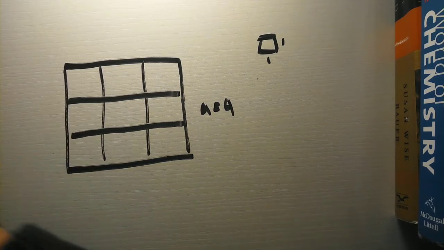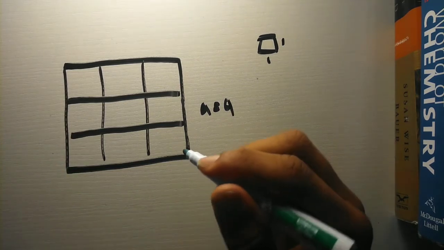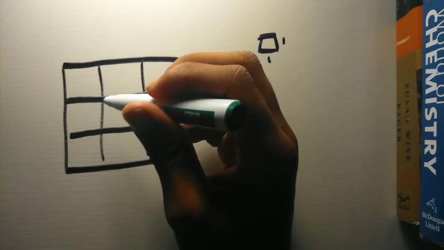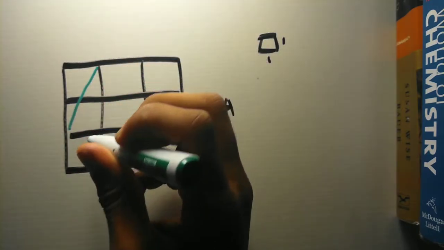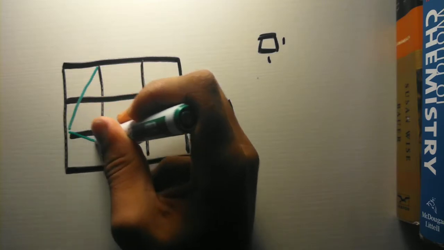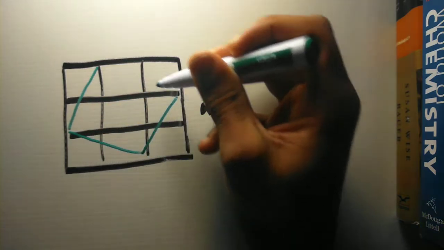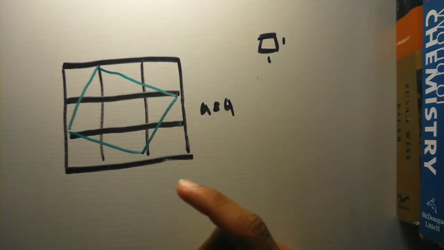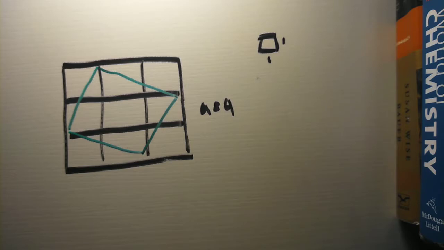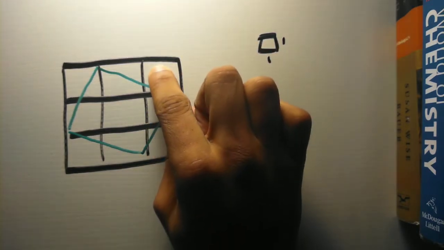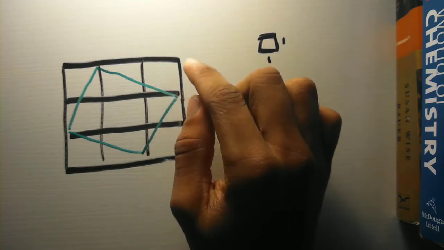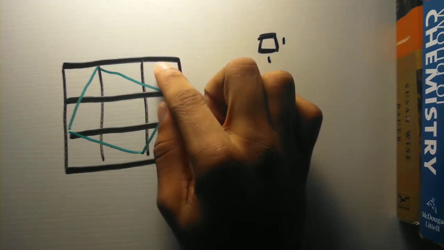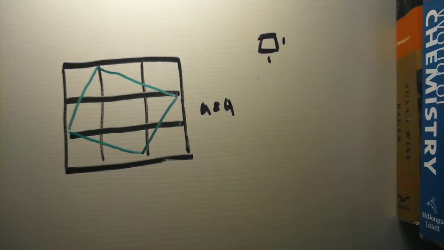All right, now I'm going to draw a square in here, an inner square, right? And what we're going to try to find is the area of the square within the square, right? First off, using the information we just looked at, each one of these units is equal to 360 degrees, or each square is at least, and we know that each corner is equal to 90 degrees, right? So we know that